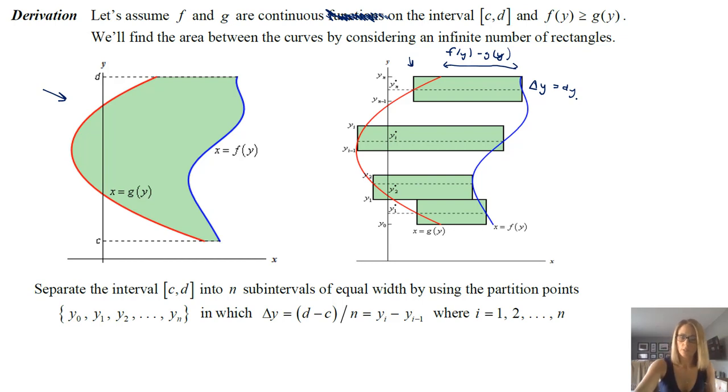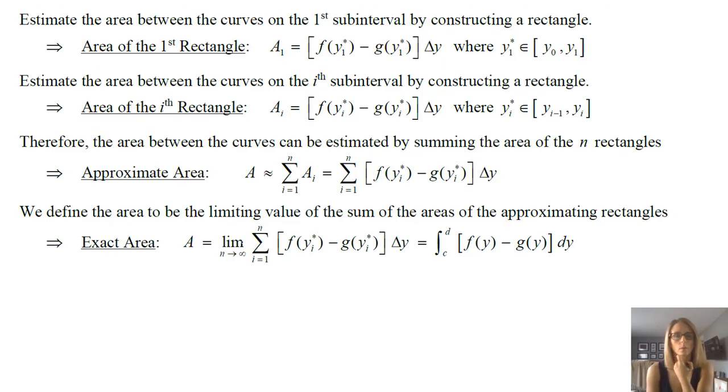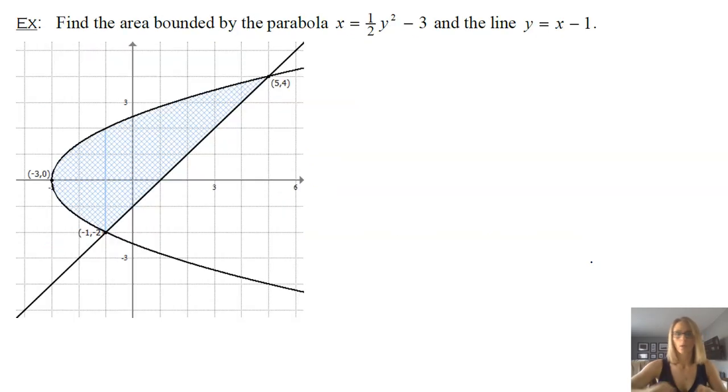That's found like we saw earlier, but the exact area then just becomes, if you are integrating from c to d, so notice this is a vertical limits of integration here, from c to d, then it's every single difference in those x values times that height of each rectangle. So that's the idea. Let's take a look at an example, and I think it'll make sense.